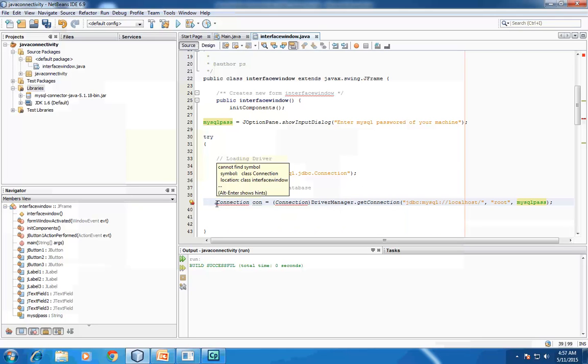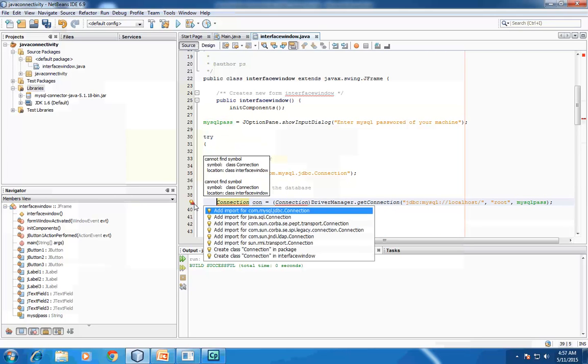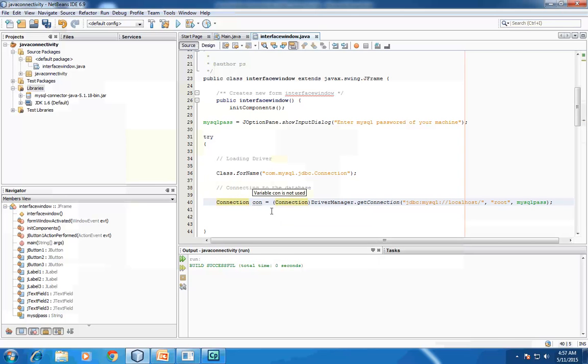Connection. Yes, this is the file, and import for MySQL JDBC connection. And students, you just see here the connection is established. You see this symbol, MySQL Java 5.18, and once the connection is established,